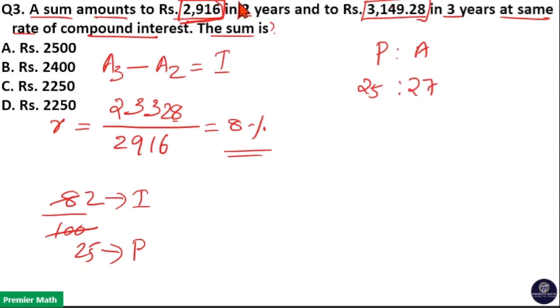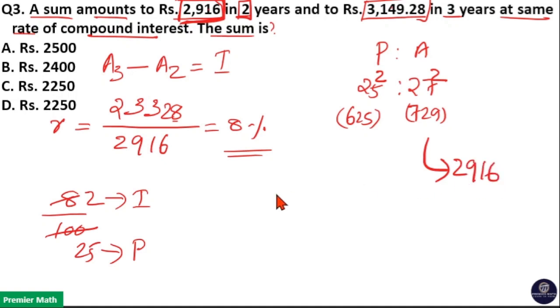Now number of years here is equal to 2 years. So take the square of 25 and 27. 27 square is 729 and 25 square is 625. Now this 729 parts is equal to the amount at the end of 2 years because we are doing it for 2 years. Number of years is 2 here. So 2916 is the 729 parts. 729 parts is 2916. That means one part is equal to